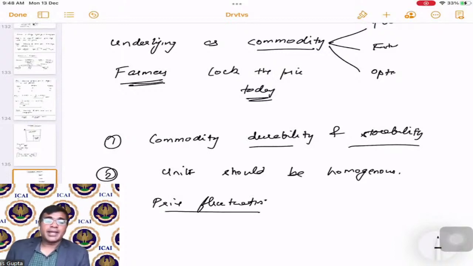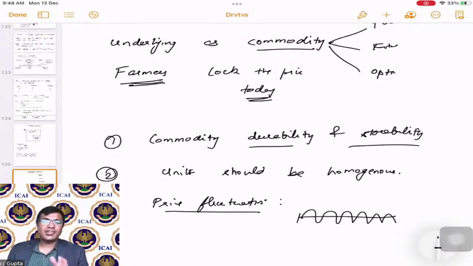So what is this price fluctuation? The commodity should be of such a nature that price fluctuation is visible. So there are higher price fluctuations, because if there are very less price fluctuations, then no one would be interested to go for a commodity derivative,